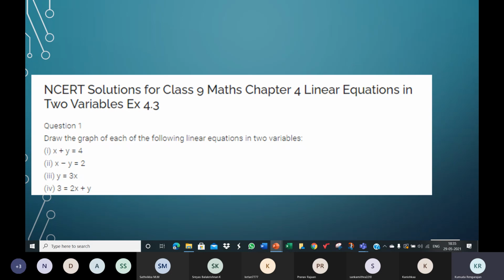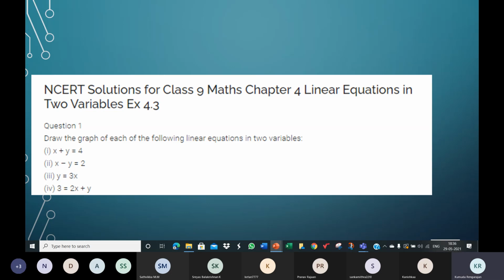So when you write the equation like this, x minus 4 is equal to 0, or x is equal to 4. So x is equal to 4, when you treat this as an equation on 2 variables x and y, will be a line parallel to the y-axis. When you make the graph of this equation, it will be parallel to the y-axis at a distance of 4 units to the right of it. The next one, y plus 2 is equal to 0.